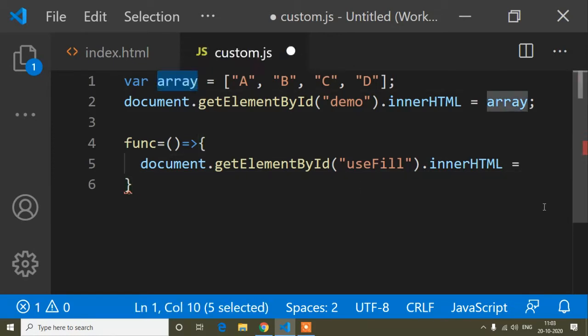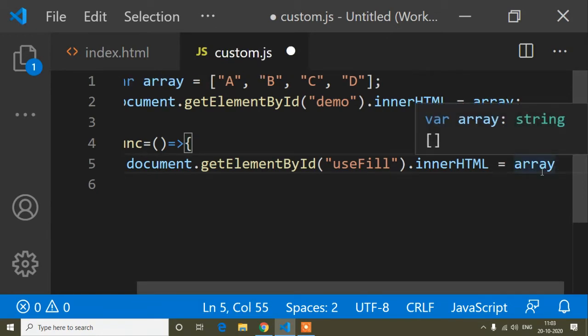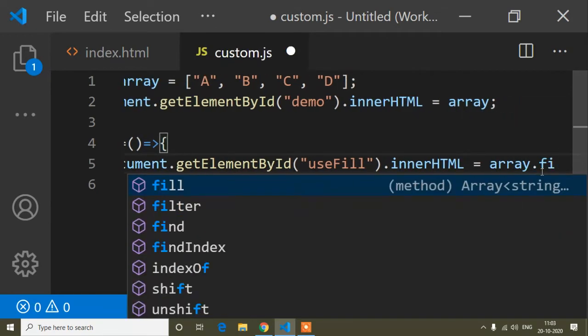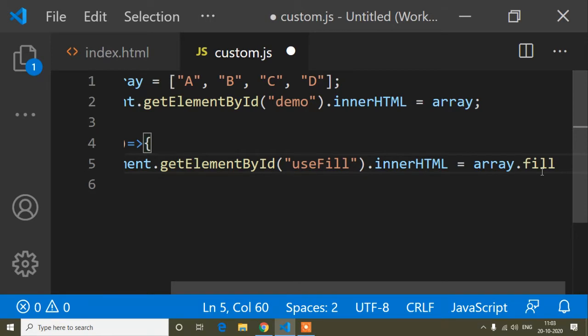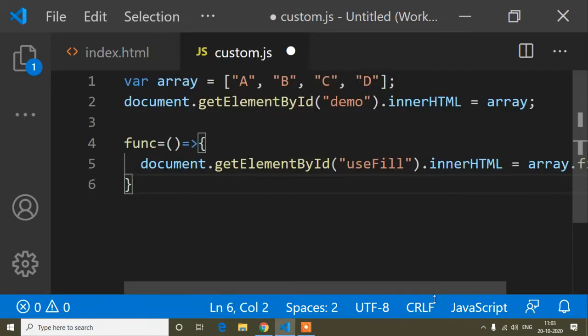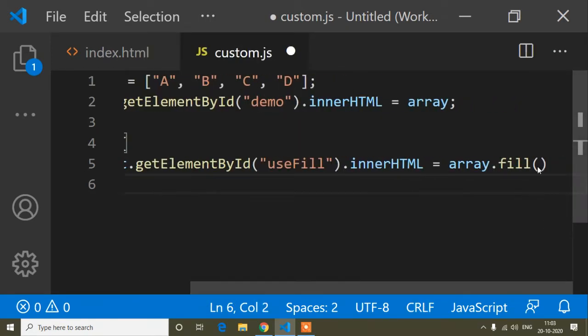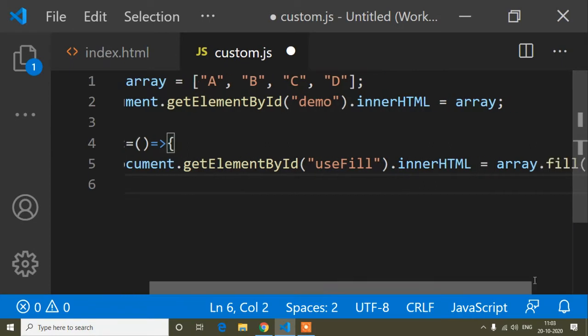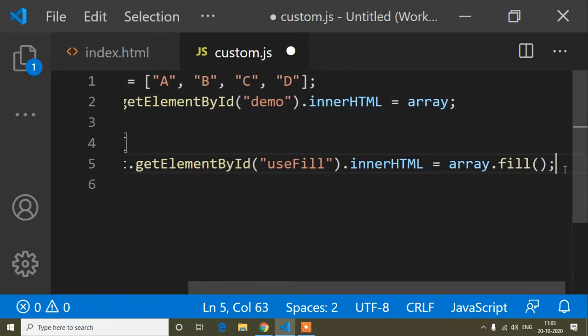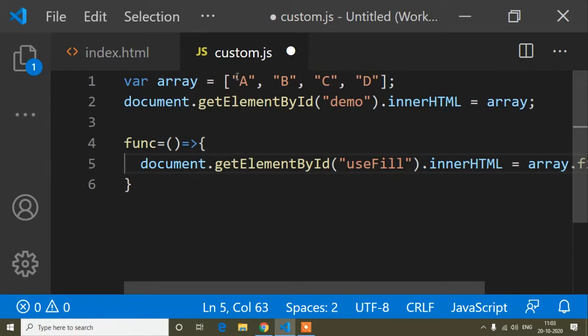So I will copy this, array.fill. This is the syntax, and parentheses, and inside the parentheses whichever value you want to print, you have to write right here. So if I write here e, then all the array values will be changed and they will be e.